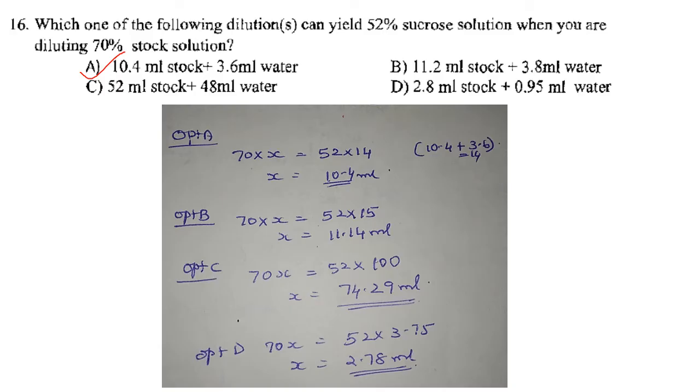Then next one. Which one of the following dilutions can yield 52% sucrose solution when you are diluting 70% stock solution? So we will take each option and see which one is the answer. If you take option A, it is 10.4 ml stock plus 3.6 ml water. So if you take 10.4 ml from the stock, that is sucrose solution, and you add 3.6 ml water, you will get